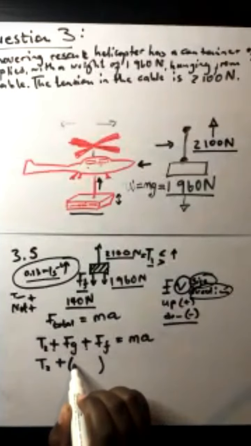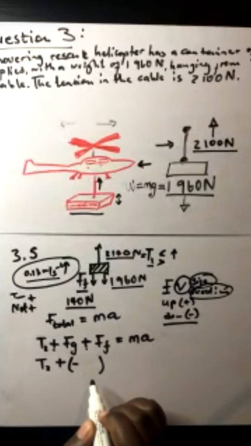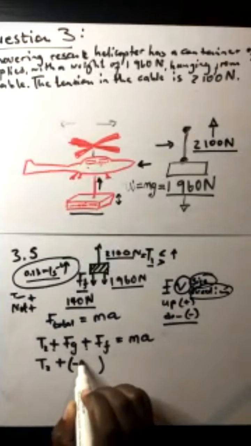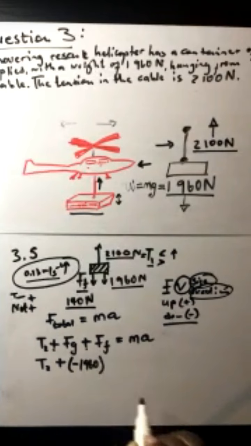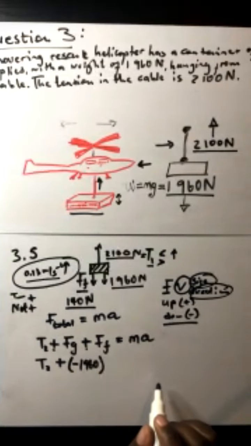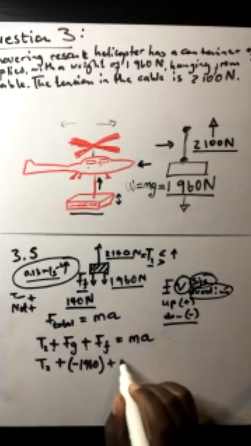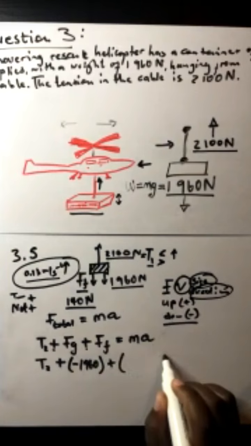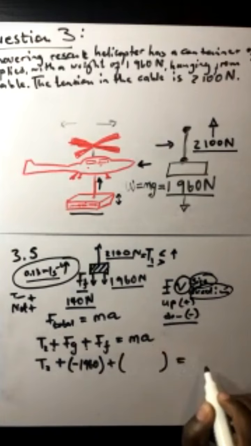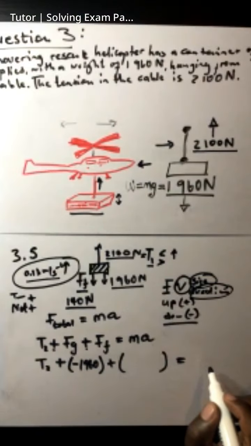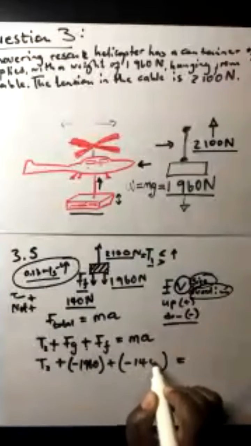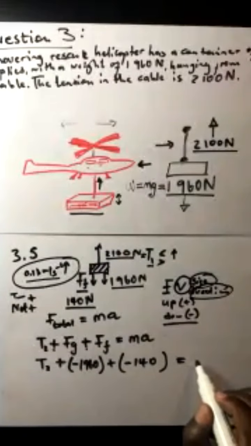So it's going to be minus, what is it? It's minus 1960, isn't it? Yes, sir. 100% plus, and the force of friction, do we substitute it as a minus or a positive? Minus. So that means we've got a minus 140, which is equal to